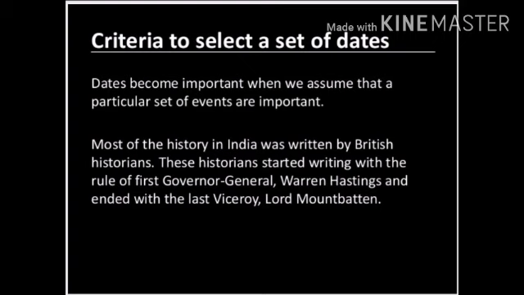Criteria to select a set of dates. Dates become important when we assume that a particular set of events are important. What things are important, that is chronicle, meaning sequence-wise, it's given. Okay, and most of the history in India was written by the British historians. So the history of India was written by British historians,